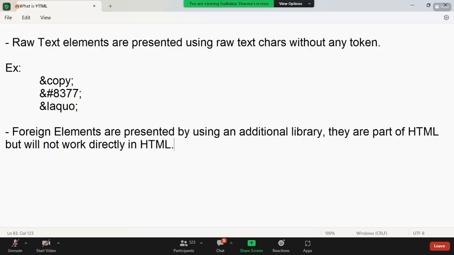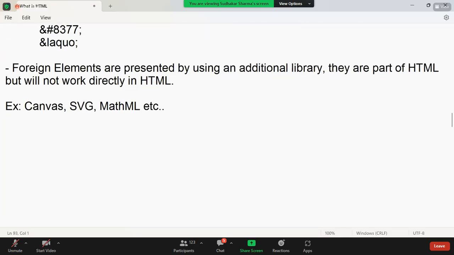Examples of foreign elements, which you will learn later: canvas, SVG, and MathML. These all come under the category of foreign elements. These are used in different ways, right? Canvas, SVG. For example, I will tell you about canvas. Suppose you have a product photo, and under that product photo there is a product